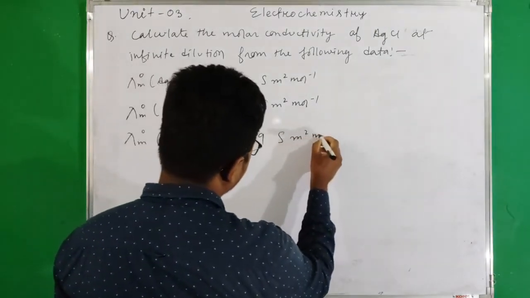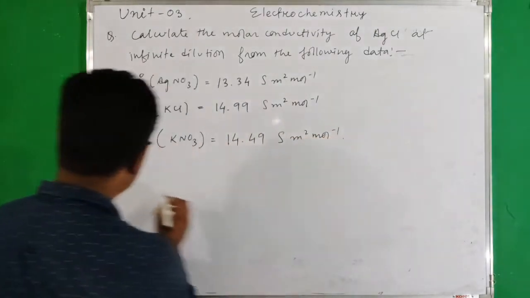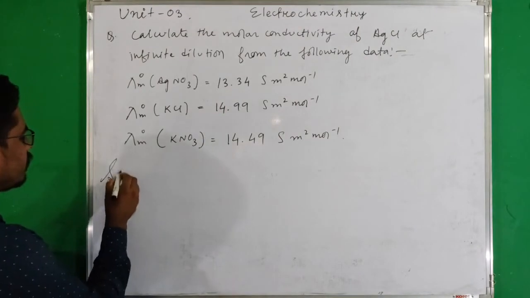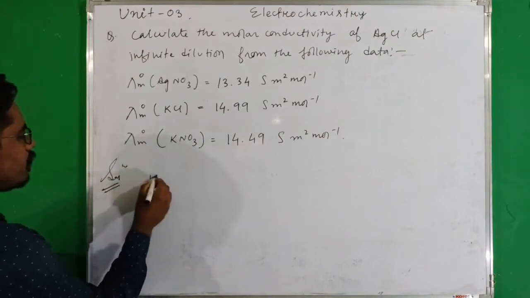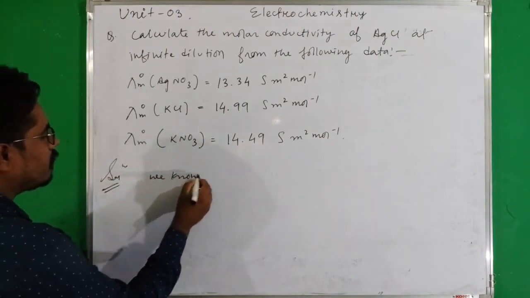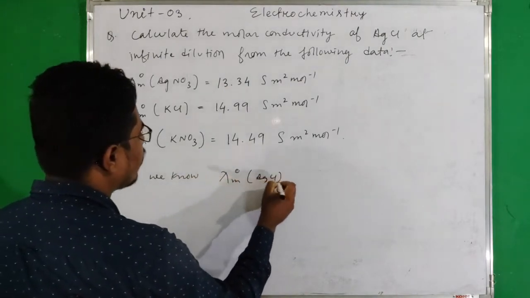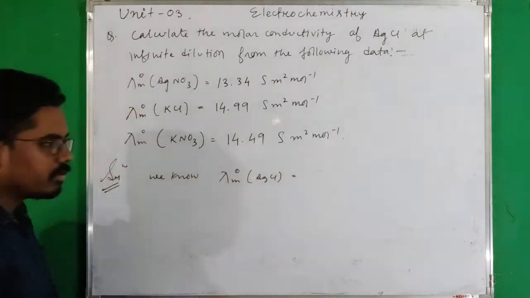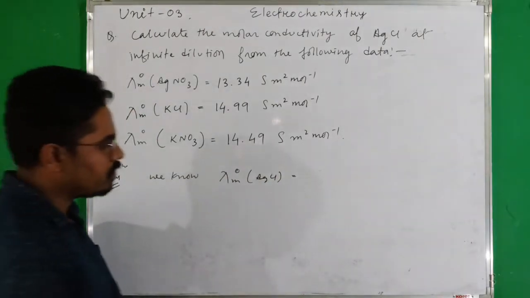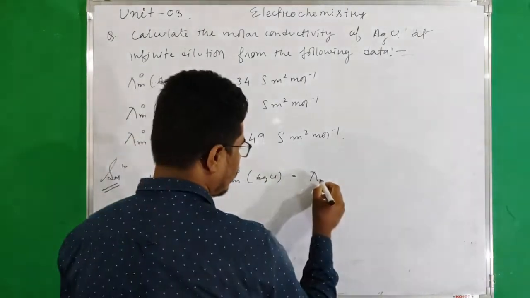So we have to determine the lambda m naught for silver chloride, and according to Kohlrausch law, lambda m naught for silver chloride is equal